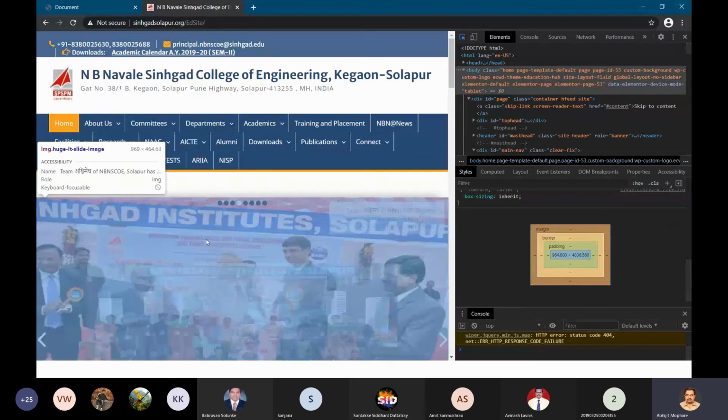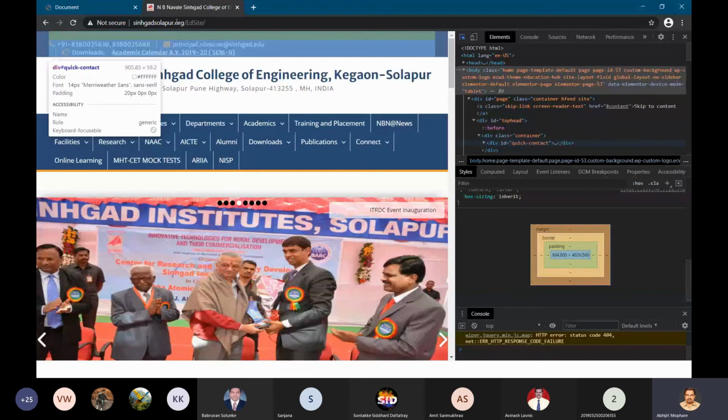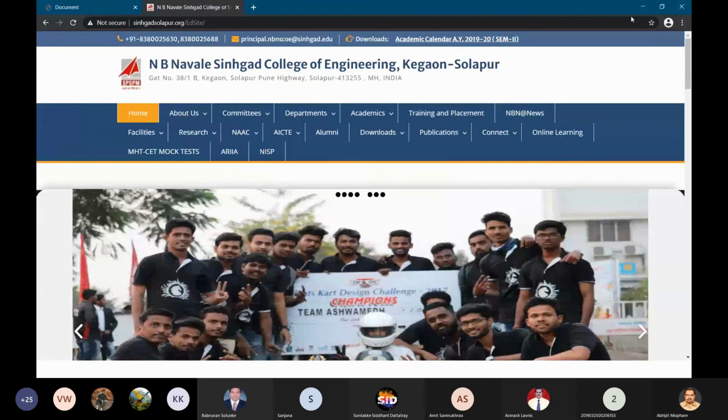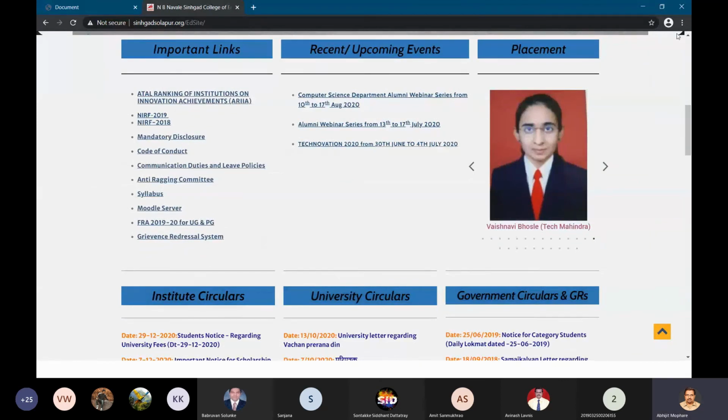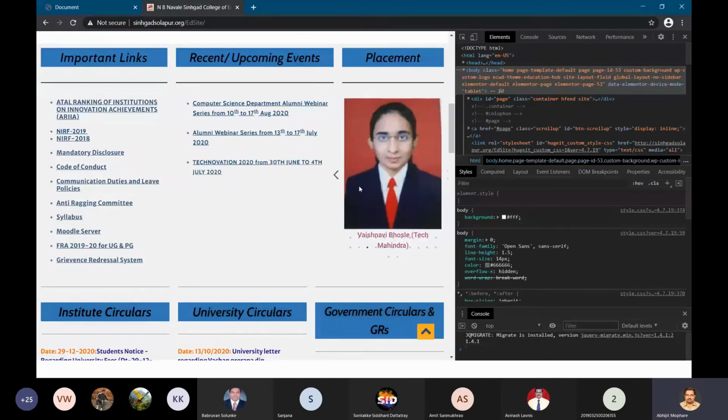So how these different entities behave when they are placed on the web page, how they push each other, is what decides your layout, right? And that's why the CSS box model is very essential to understand.